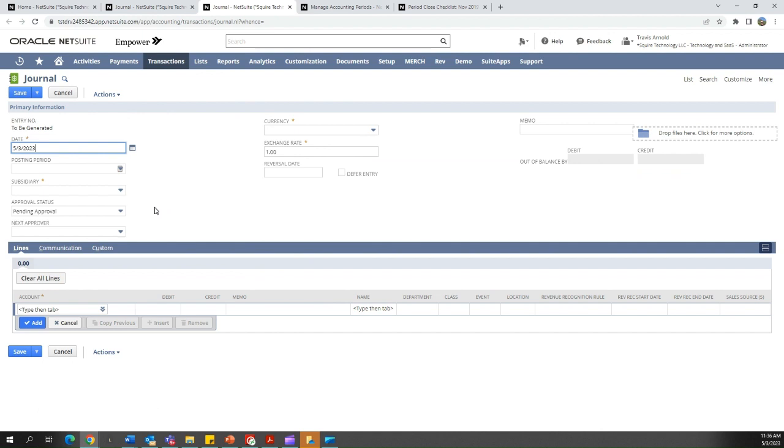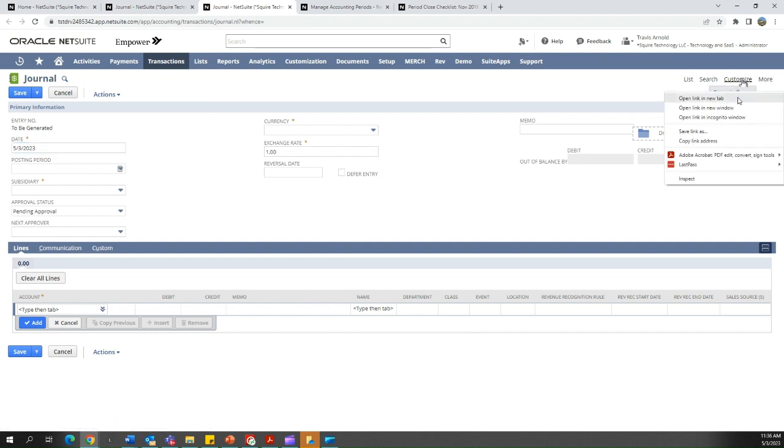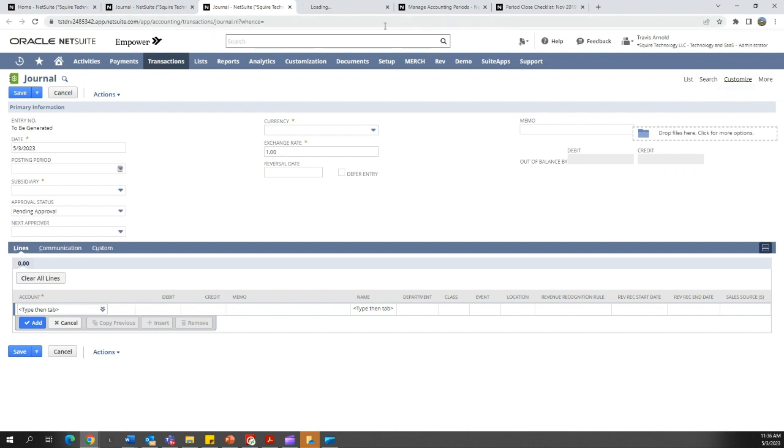One thing to cover while I'm on this topic is customizing forms. If you have the permission, when you're on a transaction, and in this case, journal entry, on the right-hand corner, you have the ability to customize the form. I'm going to open it up in a new tab. Customizing forms allows you to put more fields on this form. Let's say you've created a custom field. Maybe you wanted to track,